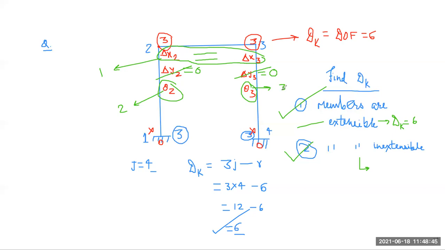So what is the decay value? This decay is equal to this formula, 6 minus 3. This decay is equal to 3. In a beam, the member is inextensible. So basically decay is equal to 3, because you have to eliminate delta y2, you also have to eliminate delta y3, and also you put delta x2 is equal to delta x3. So this is the right answer. Good. So next question.